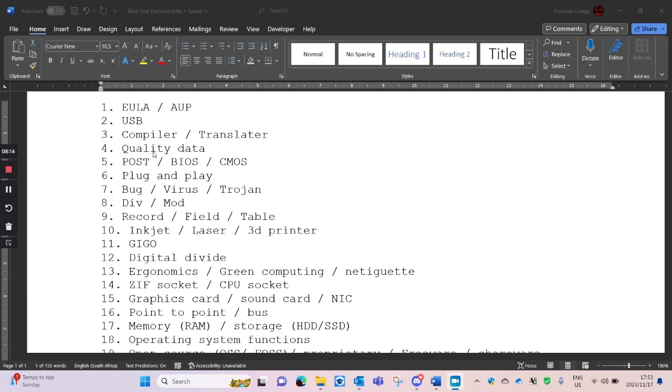So the enemy of quality data is GIGO. It sounds like GI Joe, but what would this GIGO be? An example would be if the person types in the wrong information, then our answer will be wrong.